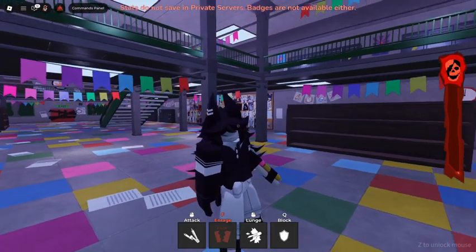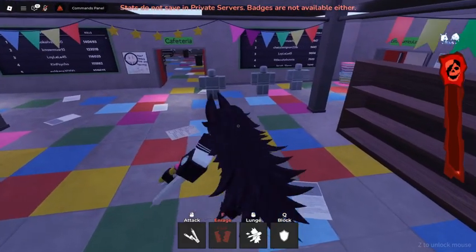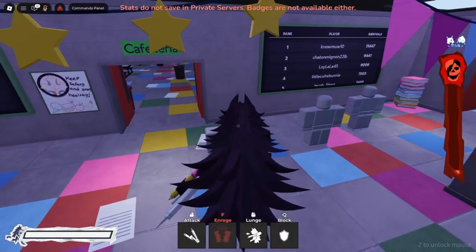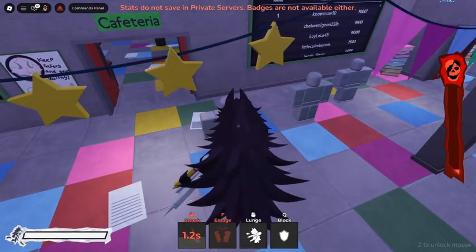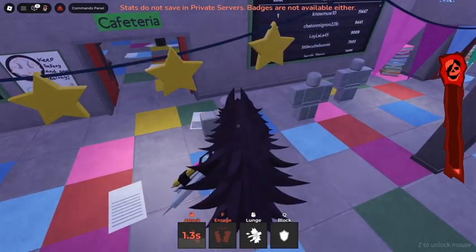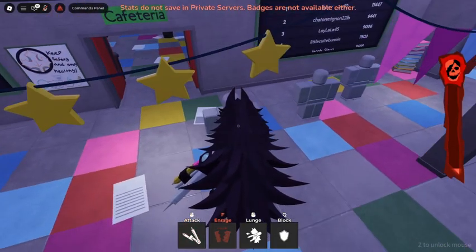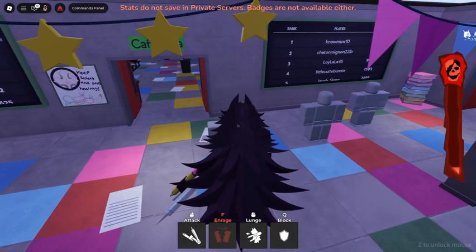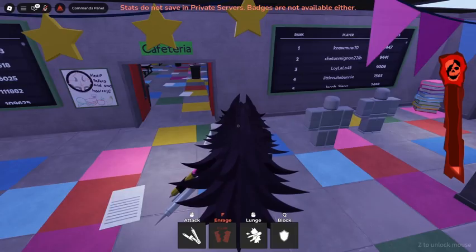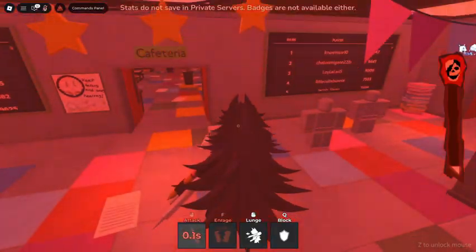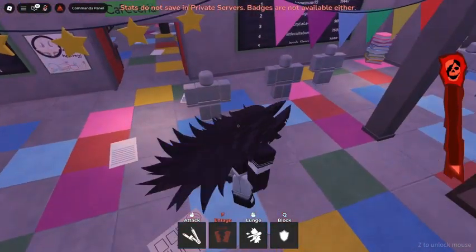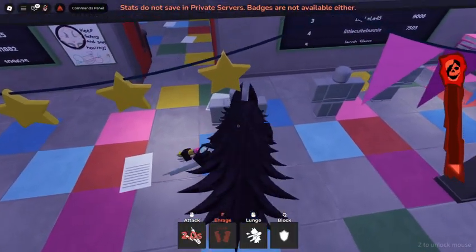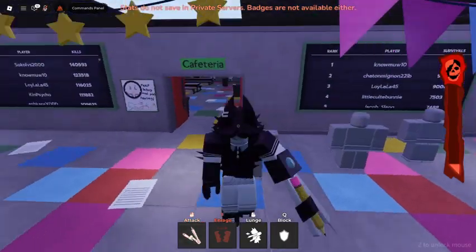Alright, so now I set up a couple of dummies here, which you can do in the private server. So let me show you Miss Circle's first kill. So basically, there we go. And also an epilepsy warning here, by the way. The screen does kind of flash a little bit when you actually kill someone. Now this guy is supposed to be dead, but he's not. He's still standing. But just imagine they're dead.